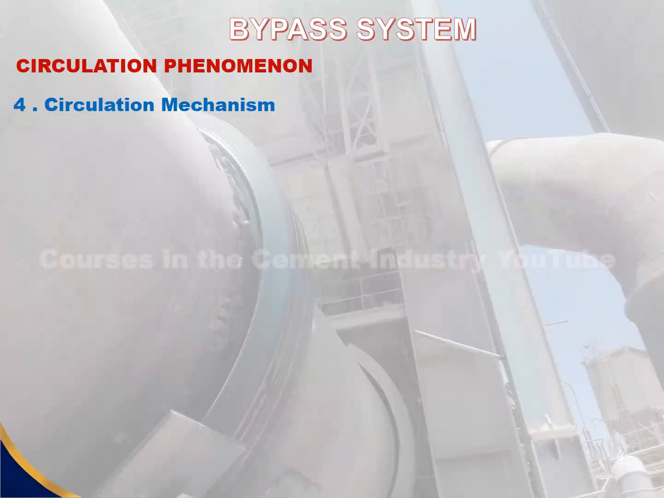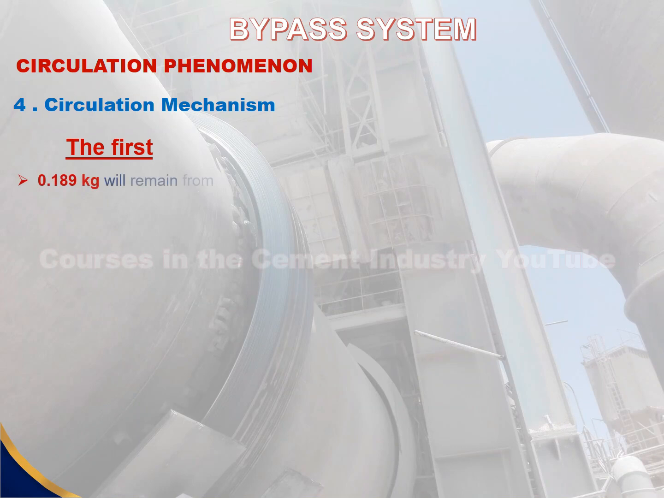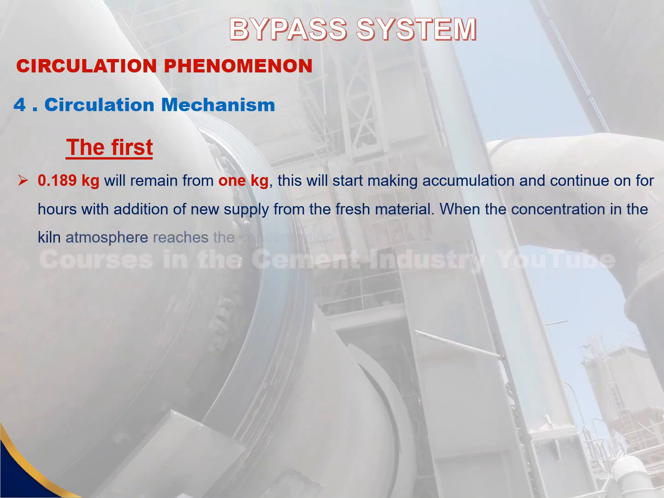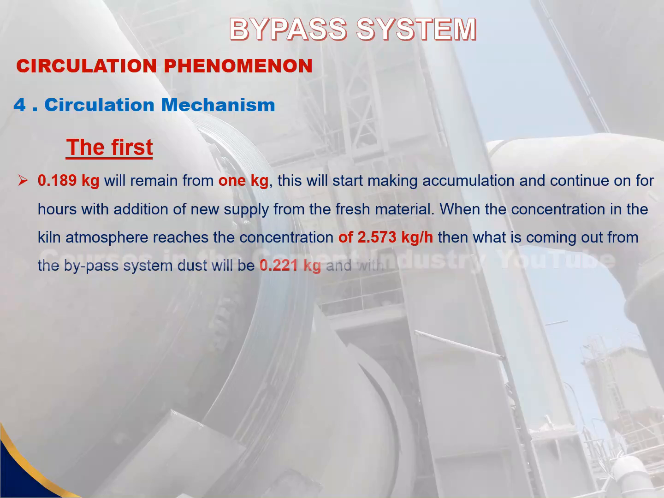The explanation is the following. The first, 0.189 kilograms will remain from 1 kilogram. This will start making accumulation, and continue on for hours with addition of new supply from the fresh material. When the concentration in the rotary kiln atmosphere reaches the concentration of 2.573 kilograms per hour, then what is coming out from the bypass system dust will be 0.221 kilograms, and with electrostatic precipitator dust,